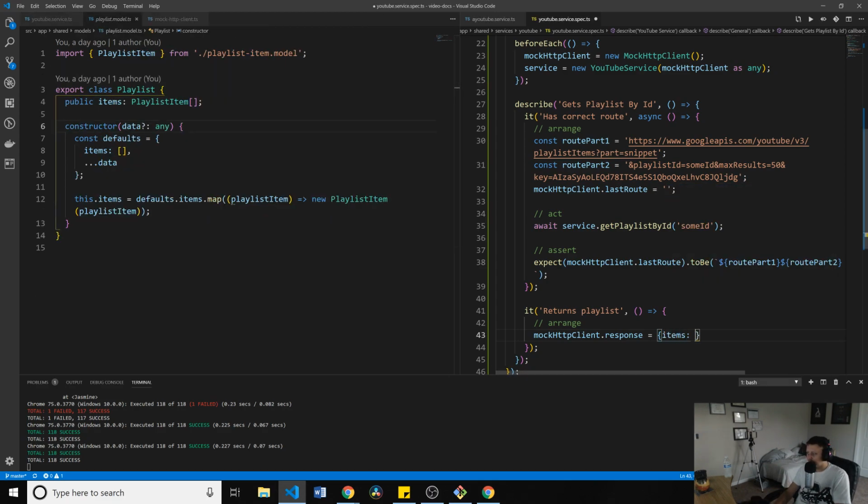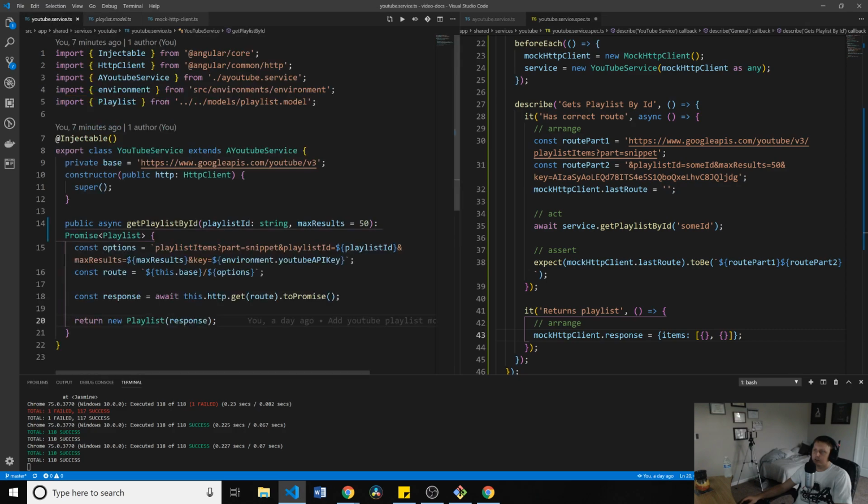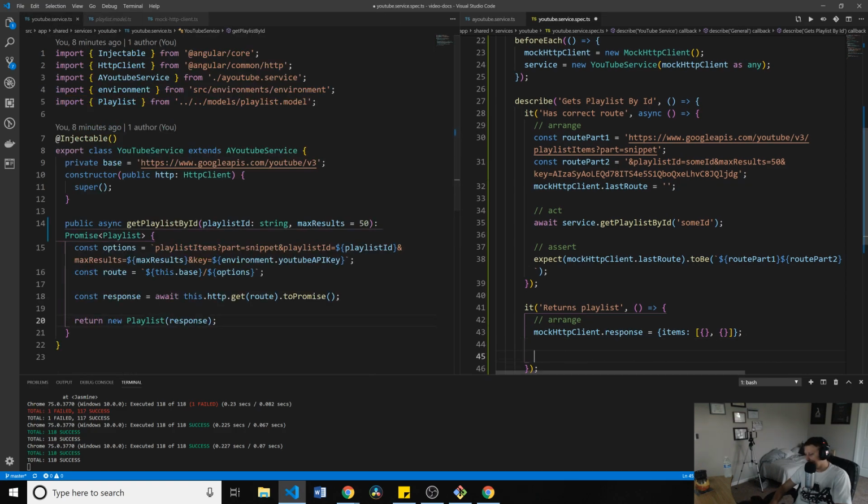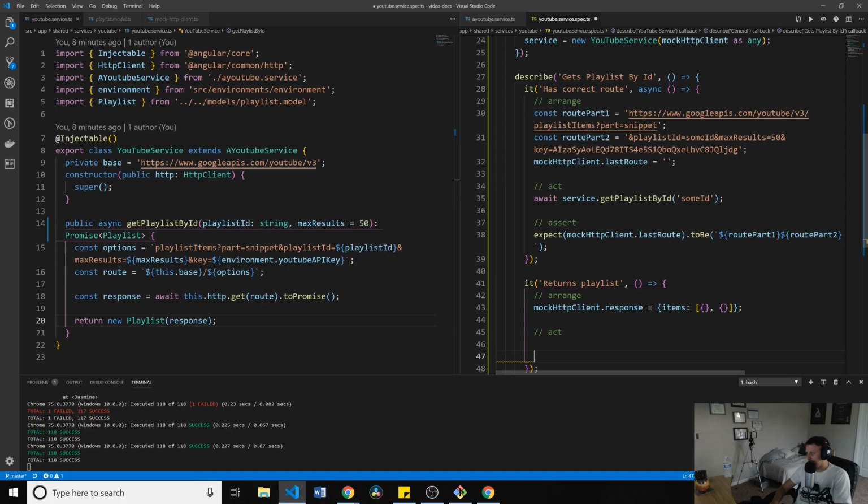We'll just set items, and then we'll put in some empty objects. It doesn't really matter. All we're really checking is that this gets passed properly in our code. So we're going to act, we're going to assert,